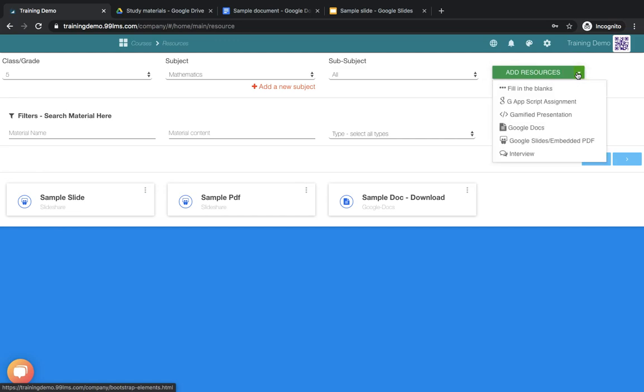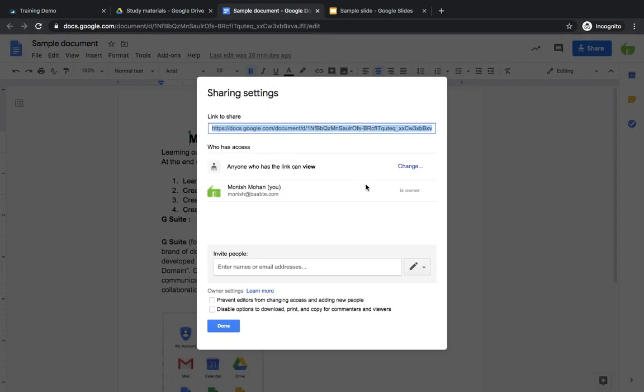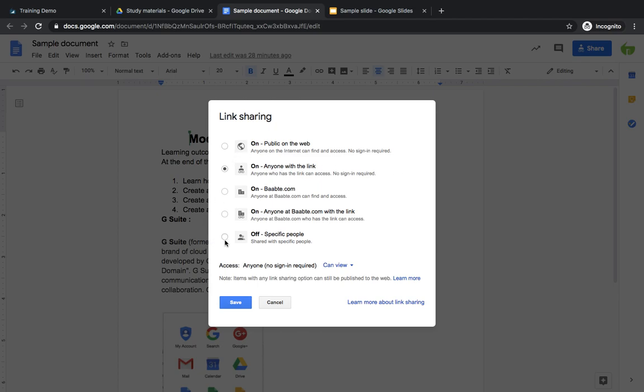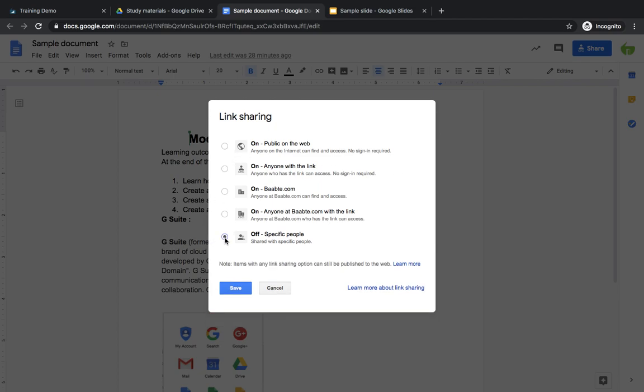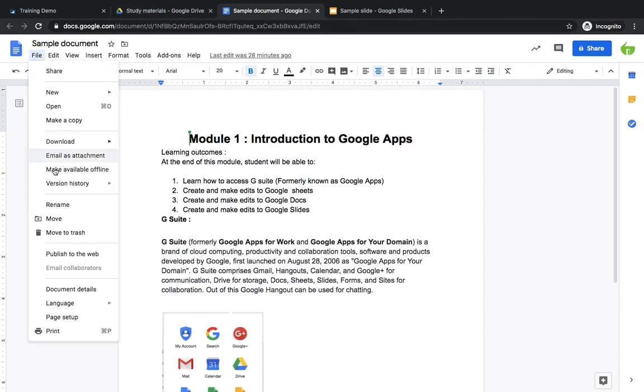Click on add resources. The same menu, Google Docs menu itself. Go to the document, and for publishing you need not give the access. You can give it to specific people and save it. Click on done, and in the same file menu itself, click on publish to the web.